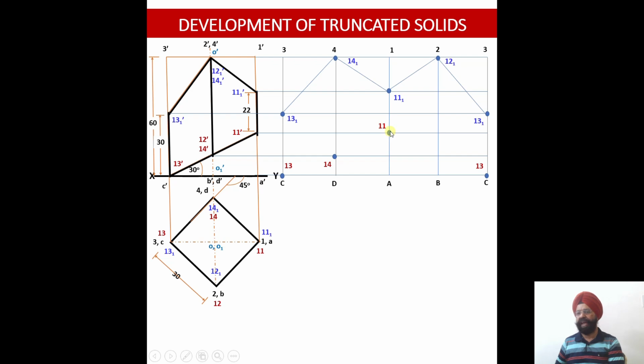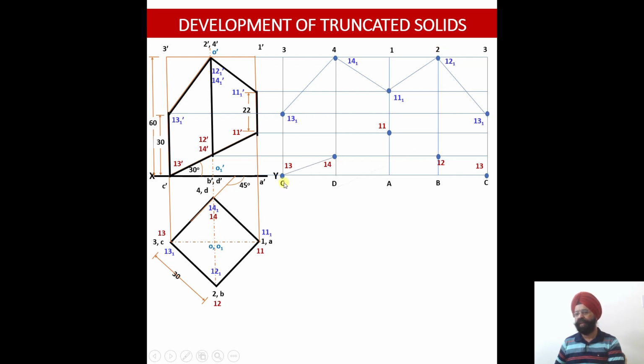I obtain the point 11, and finally 2B. Where 2 dash B dash has been cut at 12 dash, from here I draw the horizontal line and obtain the point 12 over here. So no suffixes and red color means lower cutting plane. Suffix 1 and blue color means upper cutting plane.